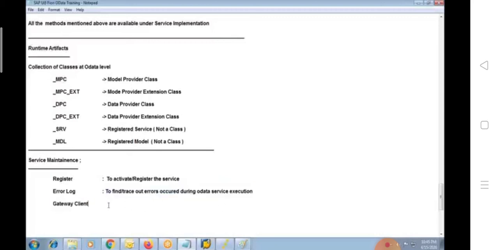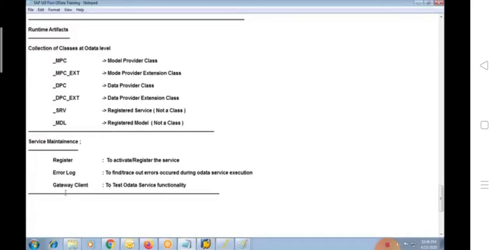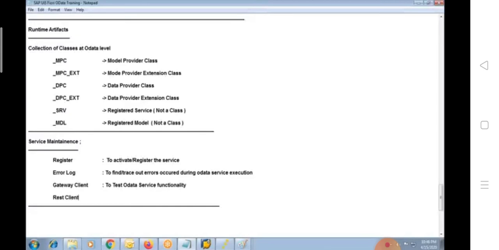And there is a gateway client. We are going to use this to test OData service functionality. This is a temporary screen. So after developing an OData service, we have to test it immediately through gateway client. But there are some third-party clients like REST client. You can also use this.